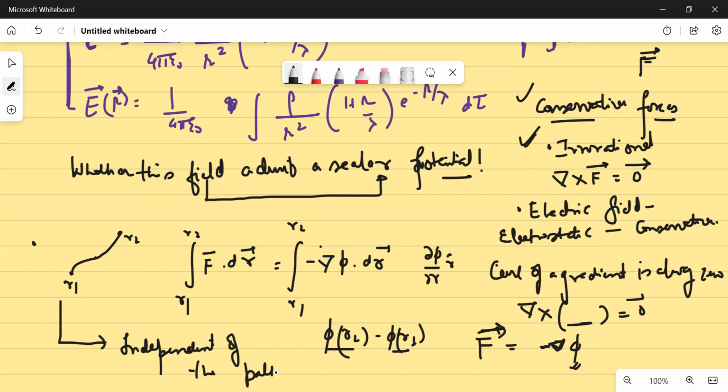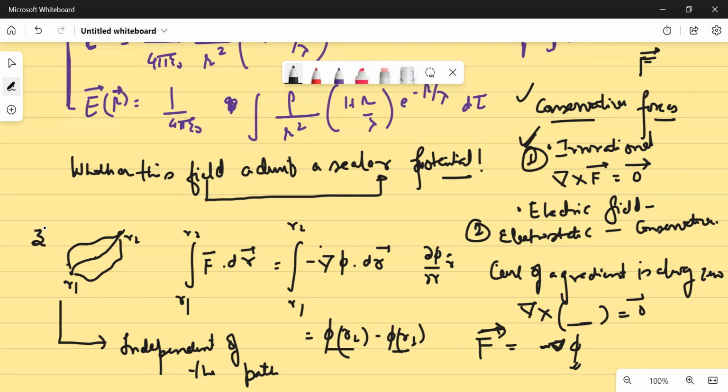So basically this particular integral only depends upon final and initial position. It does not depend whether you go this way, whether you go this way, whether you come from anywhere. But ultimately, if your initial and final points are R1 and R2, as long as this is fine, then total work done will remain the same, irrespective of what path you choose. So all these properties I'm writing are the same way of writing